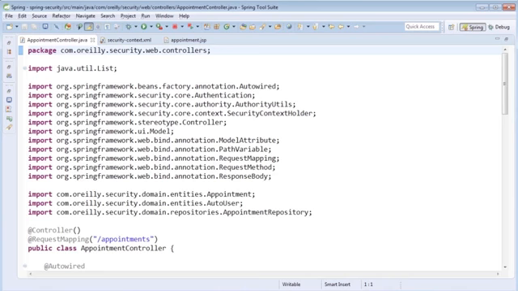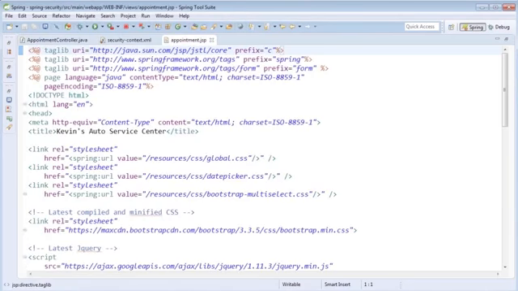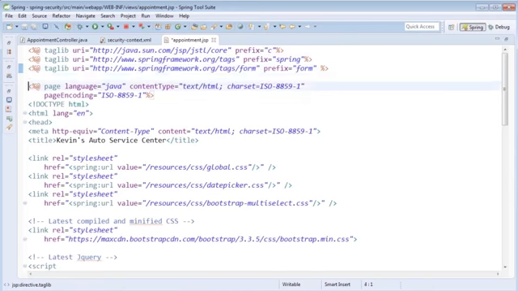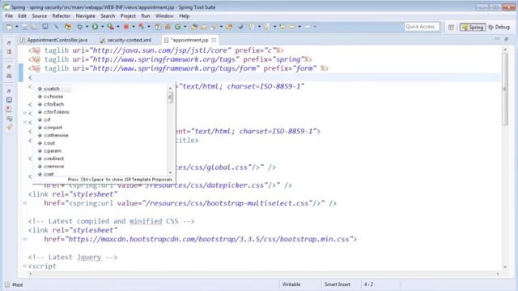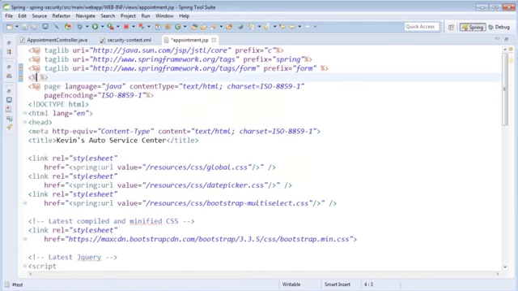So within this lesson, we are going to work within the appointment.jsp page to require authorization in order to view certain buttons within the appointments page. In order to get started, the first thing we'll need to do is add a page directive, which will include the Spring Security JSP tag library. So to do that, we just add a taglib declaration at the top of the page, and then we